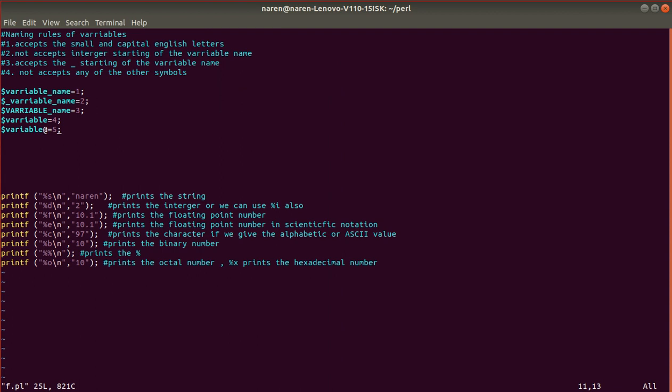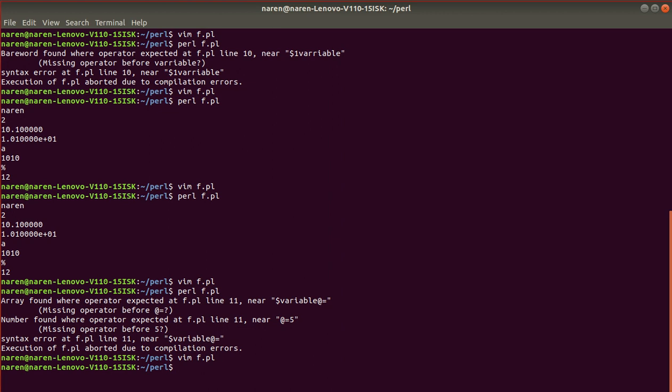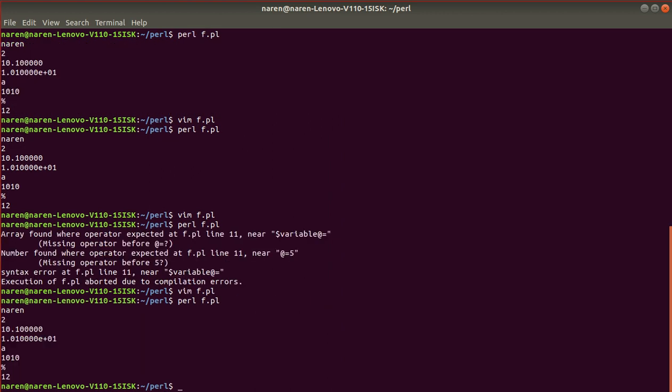You should use only underscore, at the starting position and in the middle of the name also. And it will accept numbers in the variable's name. Length is also not limited. We can use a maximum length of the variable name. There is no limitation for the length. We can check this here. Let me compile this. I think we shouldn't get any syntax error. Yes, we are not getting any syntax error.